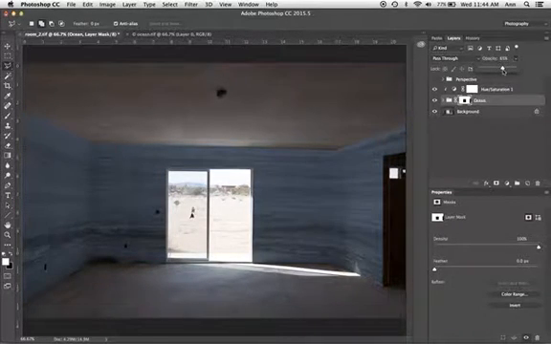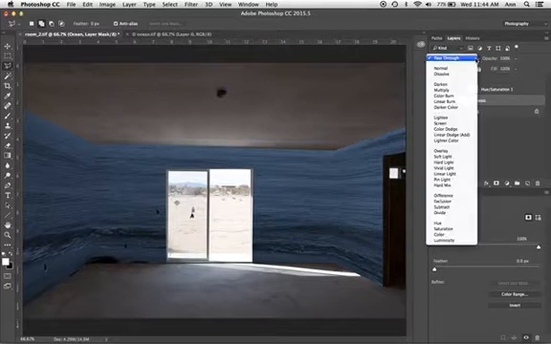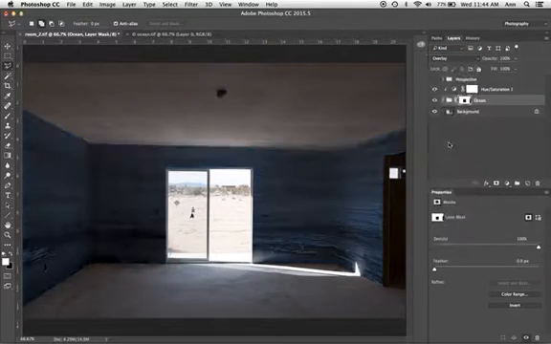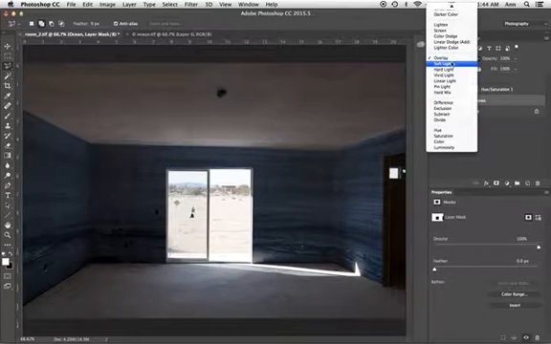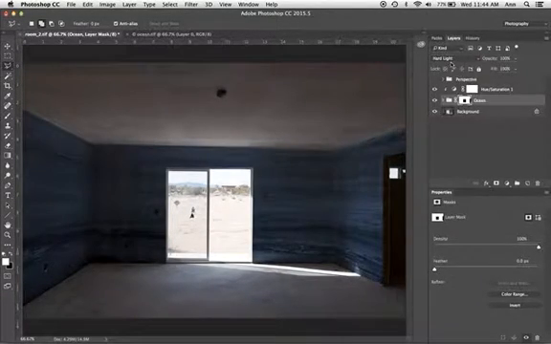That's one way. I start to see through it a little bit. Another way would be taking it back up to 100% and trying overlay, soft light, or hard light as a blending mode. And those are the ones that are really going to give you a strong sense of it being there.